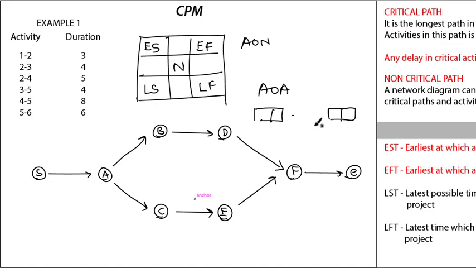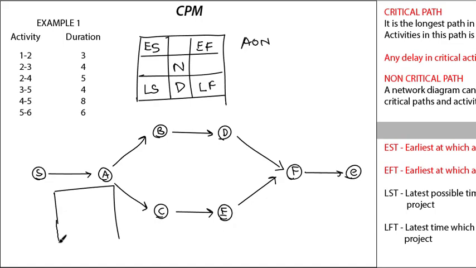Use something like this. This is just a representation format. You can change it according to your need, but this is the standard one. I hope you will follow this. Here there will be the duration of the activity. So for activity A, there will be a node like this.